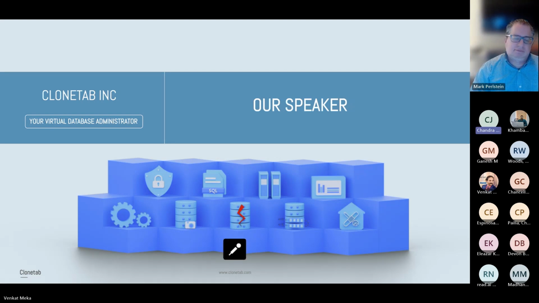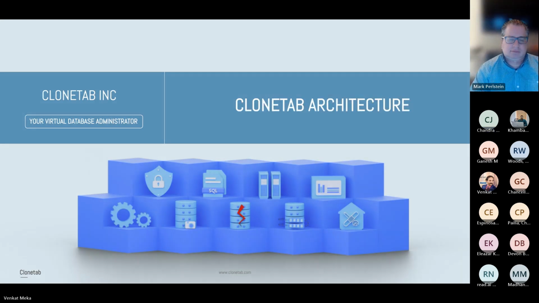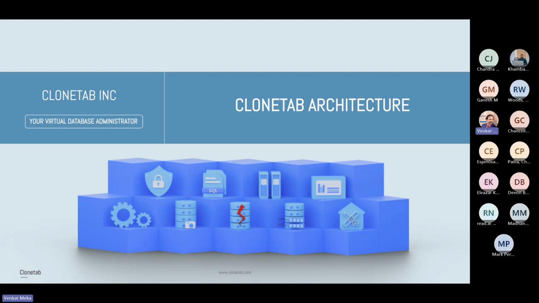Venkat, moving forward, if you can. So now I'm going to take on two items. One, I'll use a PowerPoint slide and talk about the Clonetab architecture, how it's going to help you in speeding up the overall clone and overall disaster recovery of eBusiness Suite database and so on.